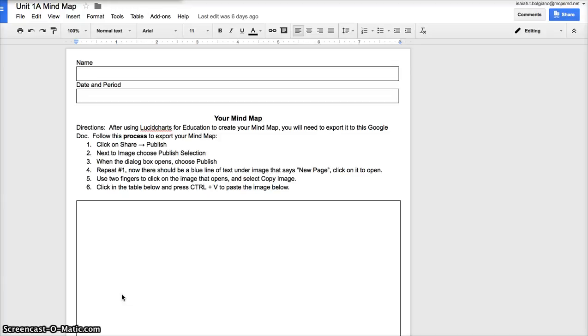Okay, so take a look at the board. I've written up the instructions. Step 1, log into the Google Classroom. You've done that so far. Step 2 is access the Diglit Unit 1